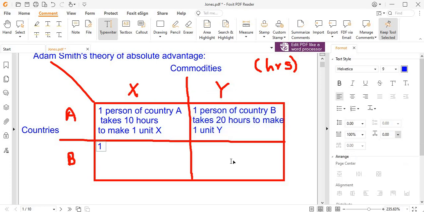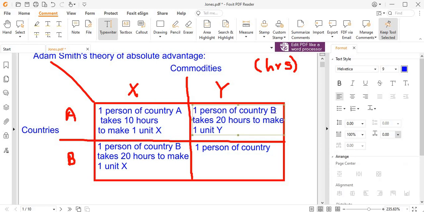And then there's another part. Suppose this is the setup of the story. One person of country B takes 20 hours. Let's make it 20 hours to make one unit X, and one person of country, sorry, this will be country A, one person of country B takes let's say 10 hours to make